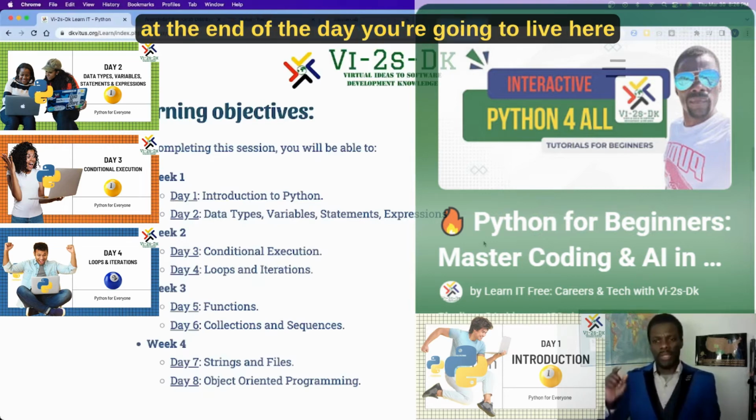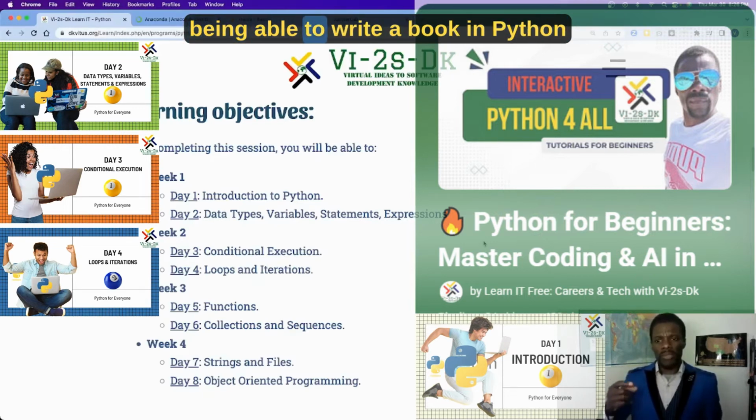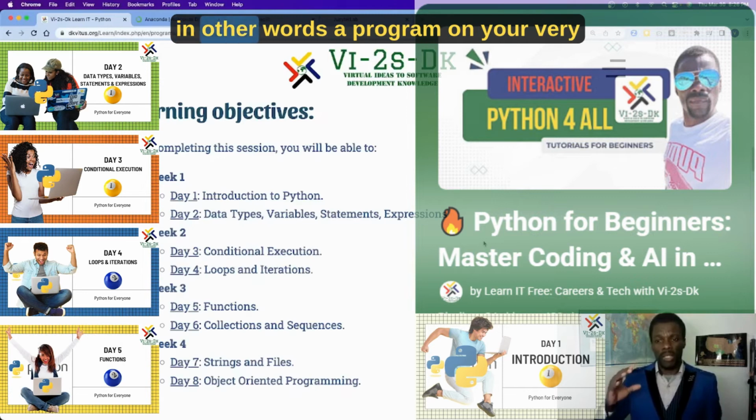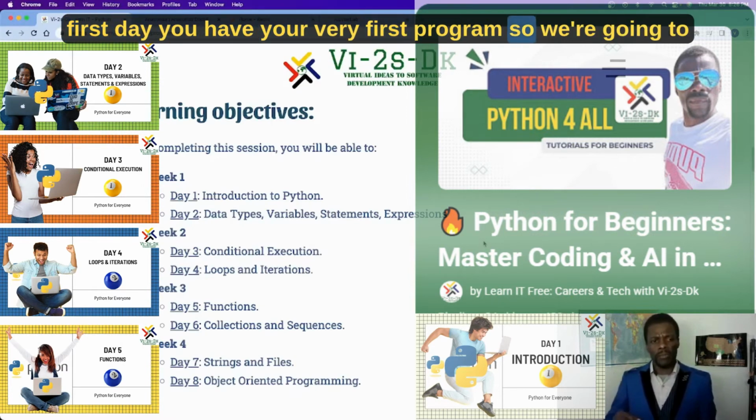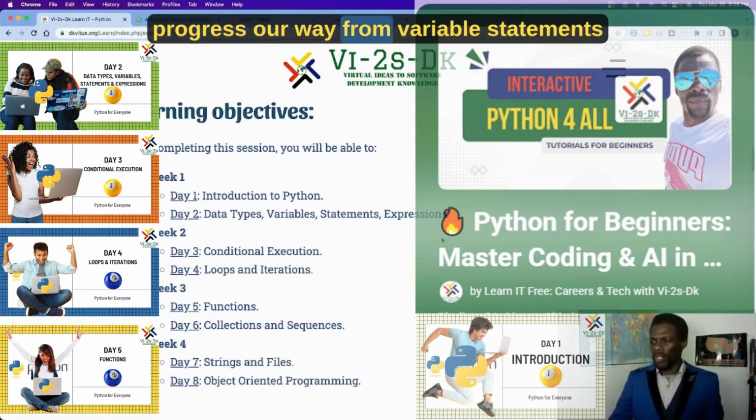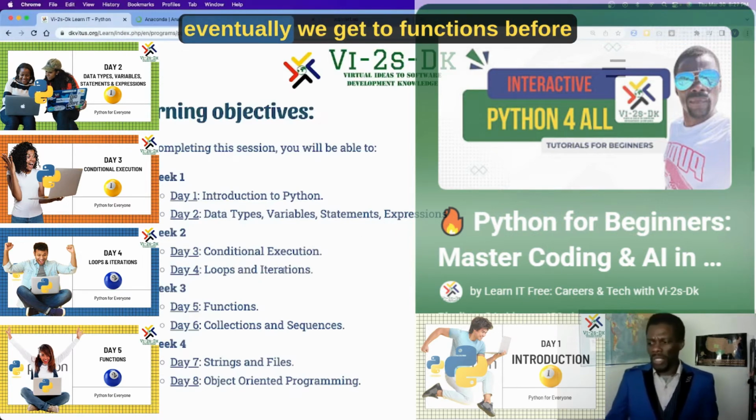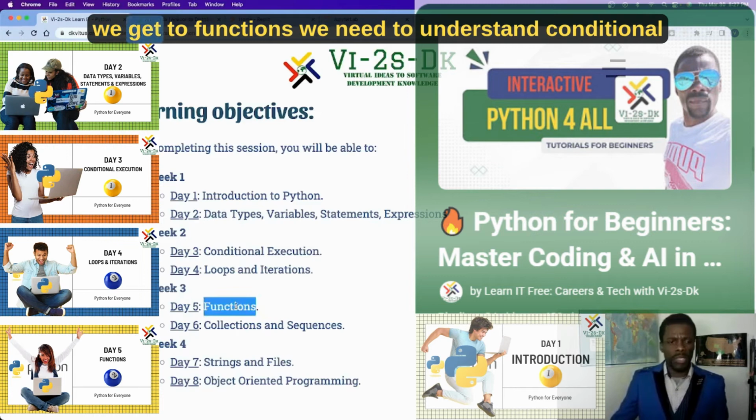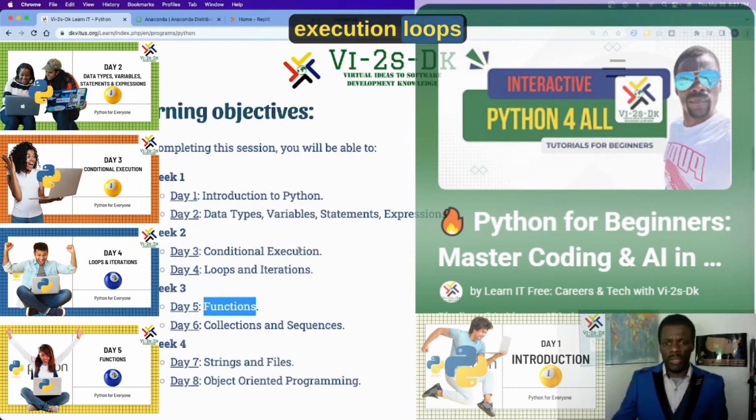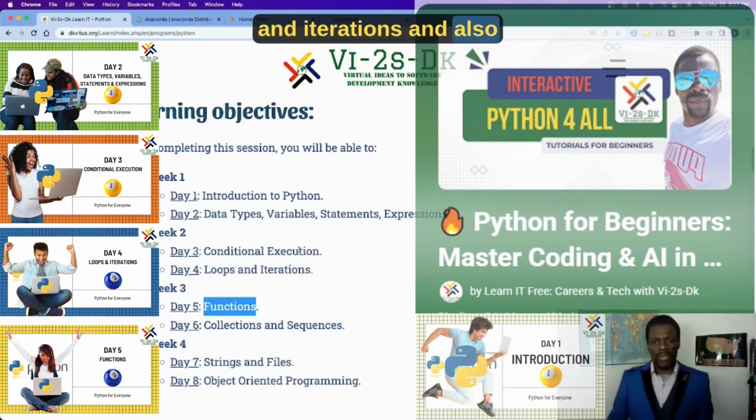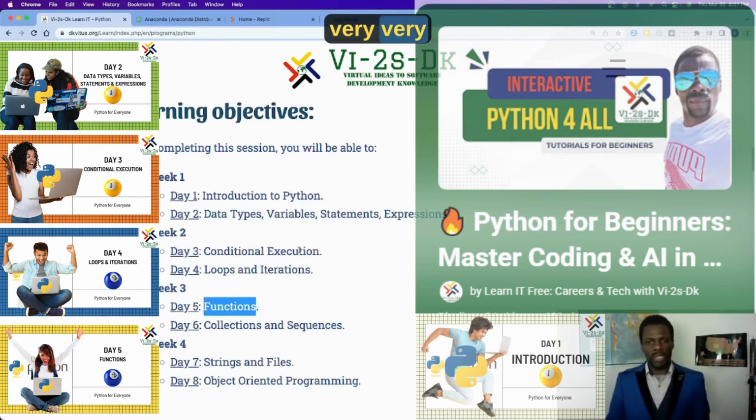At the end of the day, you're going to leave here being able to write a book in Python, in other words, a program. On your very first day, you have your very first program. So we're going to progress our way from variables, statements. Eventually, we get to functions. Before we get to functions, we need to understand conditional execution, loops and iterations, and also very, very important,